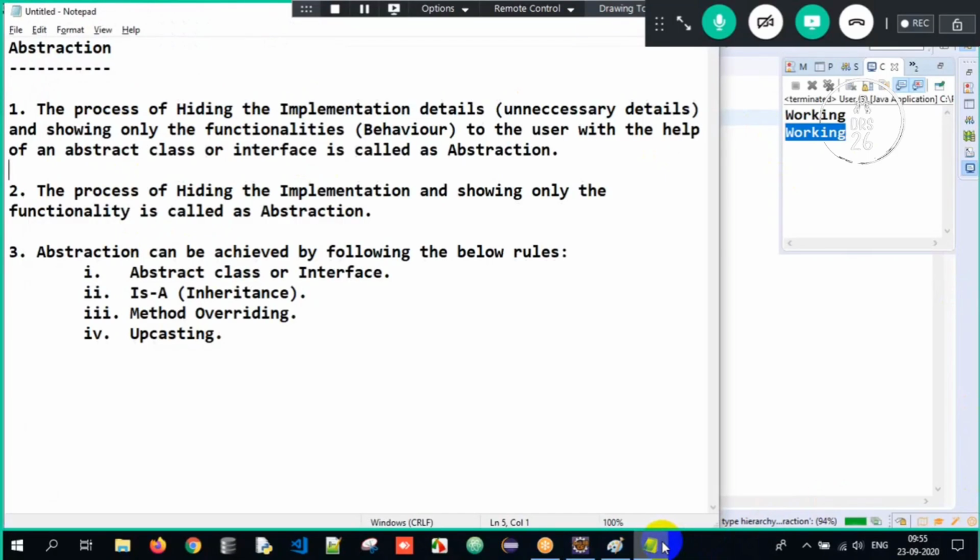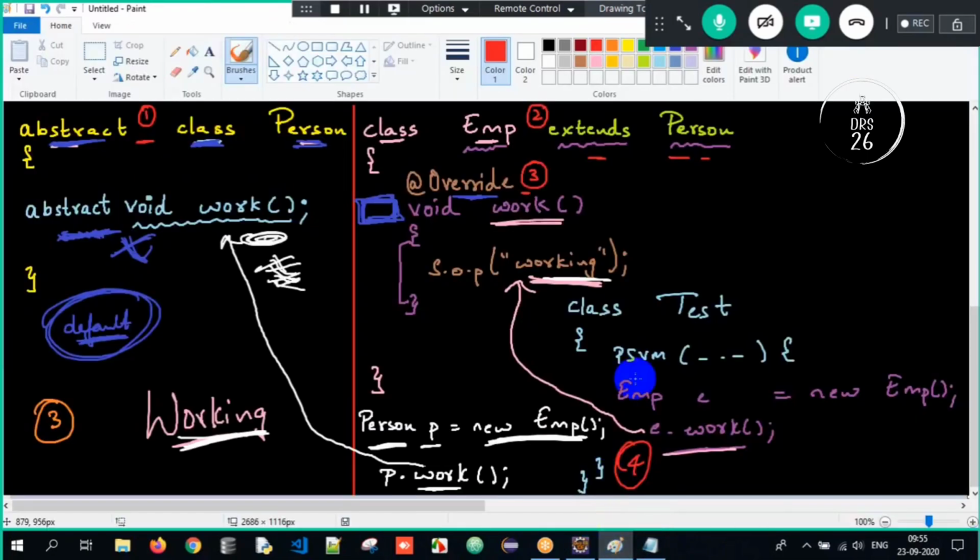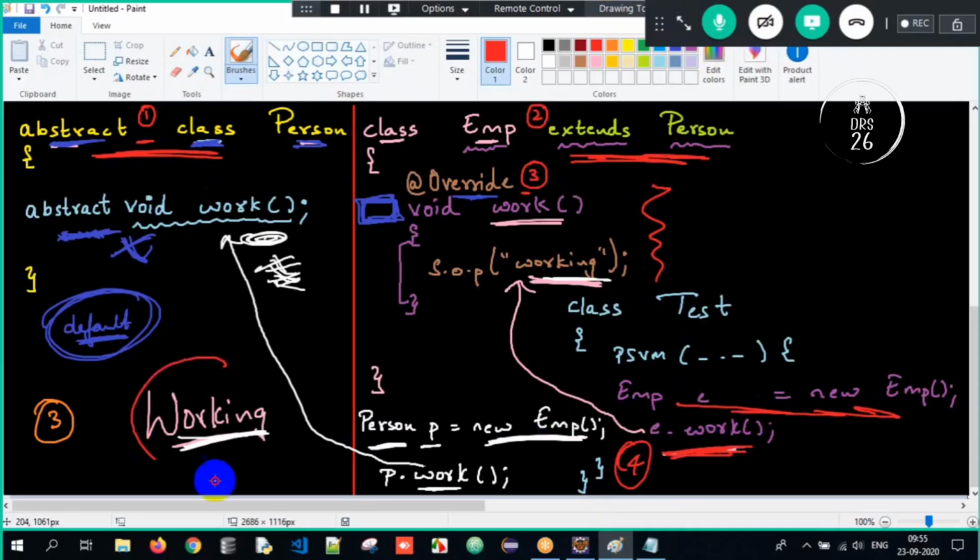Got it. So now if I go back to my data here, see what is happening. What was rule number one? Rule number one was to achieve abstract class, inheritance, overriding. Now when I create a normal object and call the work method, I will get the output as working, but the implementation is easily visible. Why? It will point to the work method in the Employee class, wherein the implementation is easily visible.